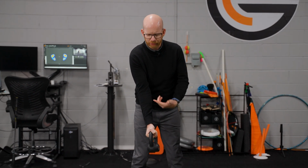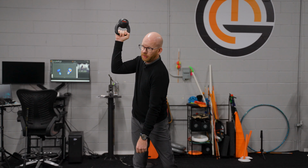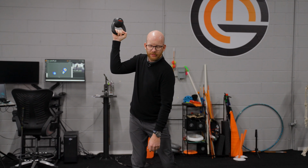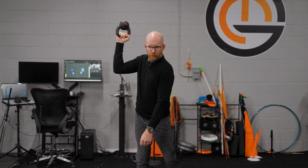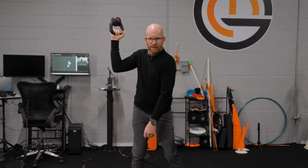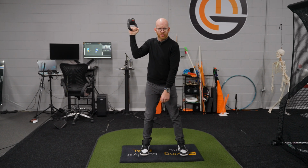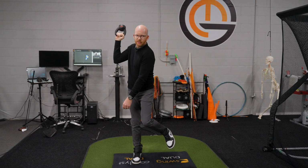But what we want to do is we just want to take this weight and move it with one swing up to the top. And we want to feel like our right arm is supporting this weight. Now, one thing that's really cool about this is that when I move that weight and I hold it and I get it to where it feels light, I can very easily pick up my left foot. So it's obvious that it's very easy to load my pressure into my trail side